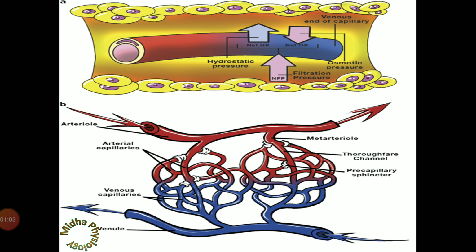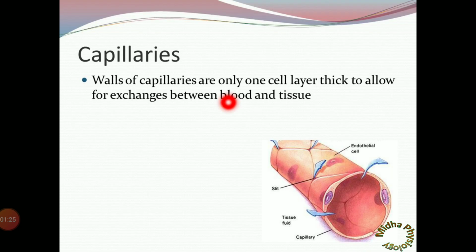This filtration process in our body occurs via these capillaries. The arterioles divide into these capillaries, and these capillaries are in contact with the cellular level. The blood from the capillary then drains into the venules and back to our circulation. Capillaries contain only one layer of cells, the tunica intima, containing the endothelial cells, and this allows the exchange of substances between the blood and the tissue.